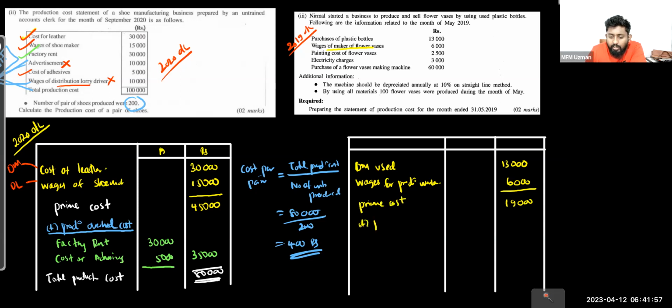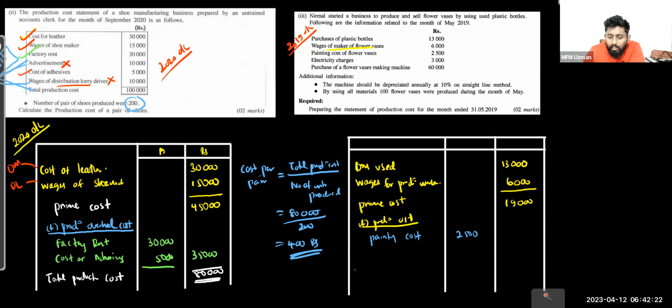What should you add for this, guys? Production overhead cost you should add. Let's see what those things given are. Painting cost of flower vase. Will it come in, guys? Painting cost, will it come in? Is it distribution? No, you have to paint to complete the production. Respond, right? Okay. If not, I'm not going to continue these sessions, right? Painting cost, guys,